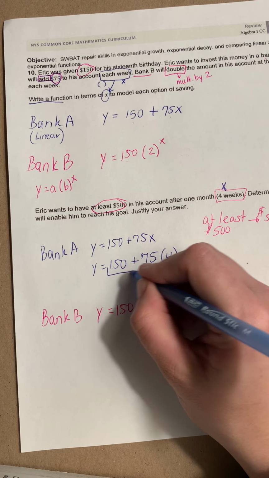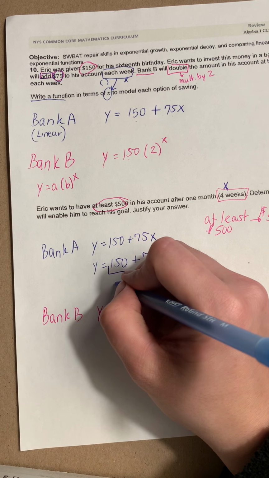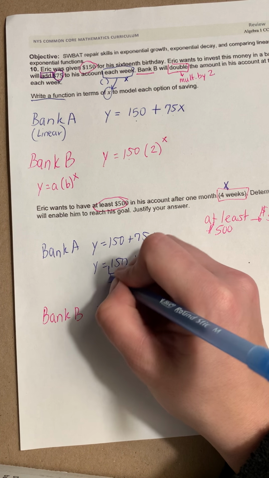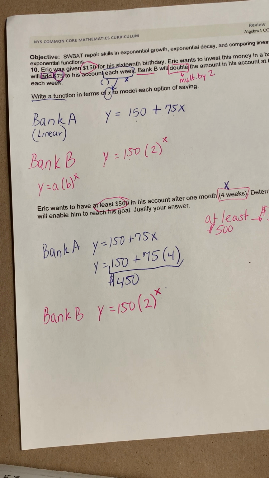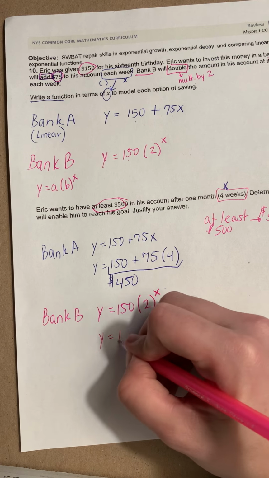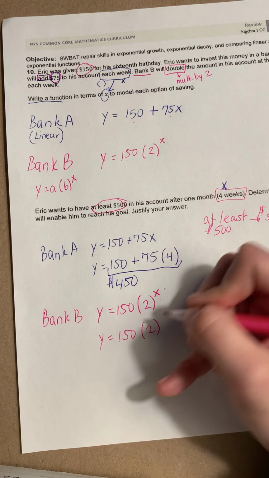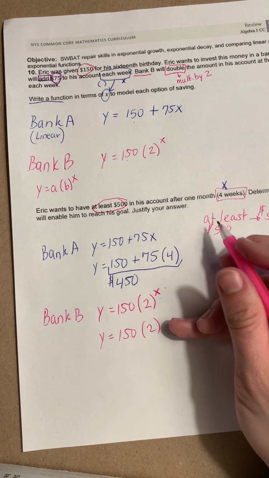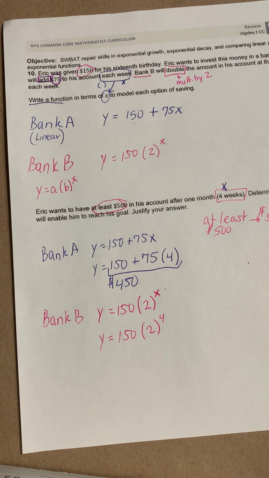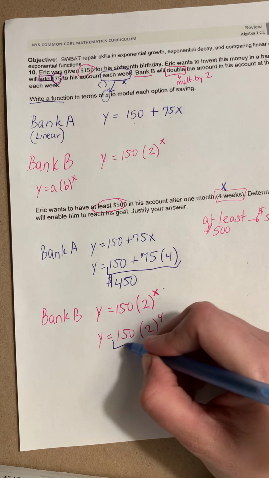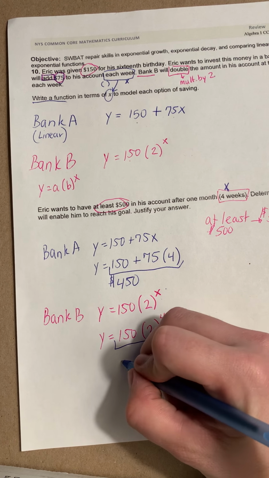When I plug this into the calculator, it gives me $450. Let's do B. Again, y equals 150 times 2. The only thing I can plug in for is x. We just decided that 4 is our x because it's 4 weeks. It's our time. If I type in 150 times 2 raised to the 4th, I get